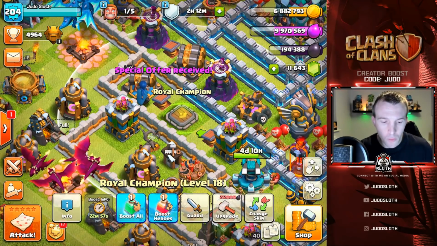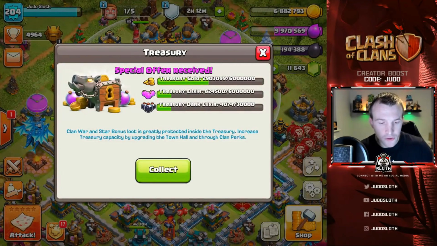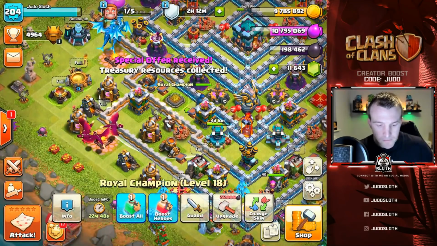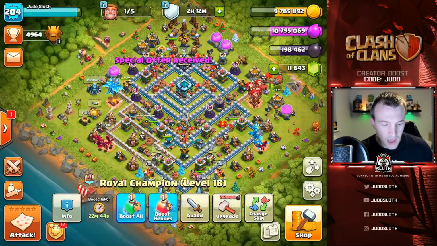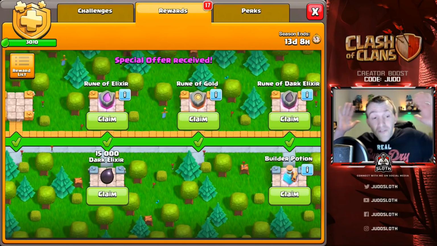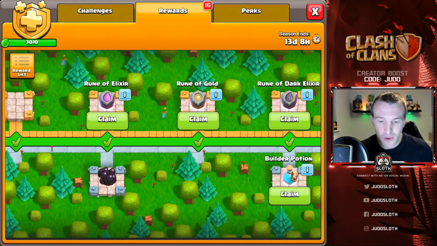But guys, how much Dark Elixir do we need? You know what, we might even be able to do this right here and now. I think we have some in the treasury. Yes, we do. How close are we going to be? That is 14k Dark. And not in there, in the season challenge, we got a Rune of Dark Elixir. Oh, we got 15 Dark. I knew it. I knew we were going to be pretty close, guys. So if we collect that,